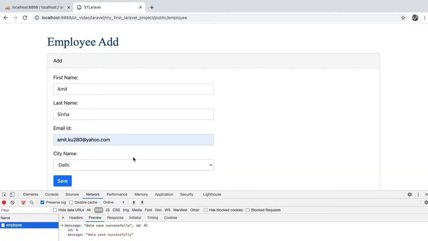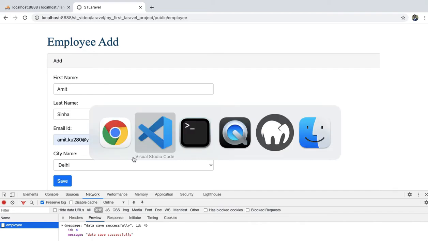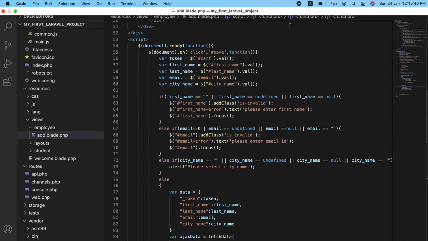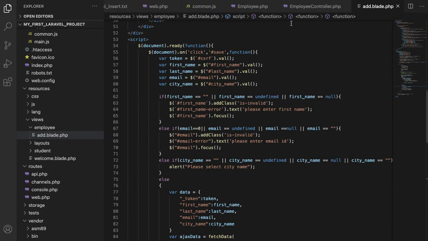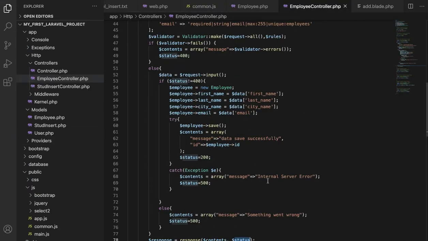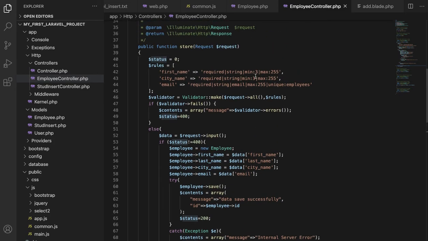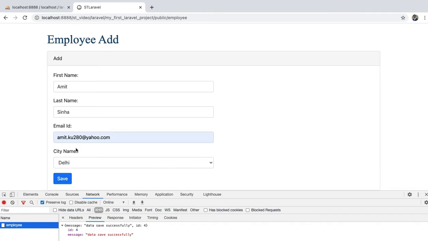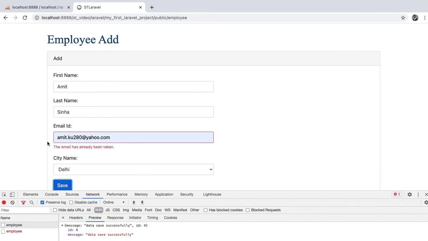One more validation we can check. Suppose right now we also write here that the email ID should be unique. So now I am inserting the same data again, and let's see, I got the error: the email has already been taken.